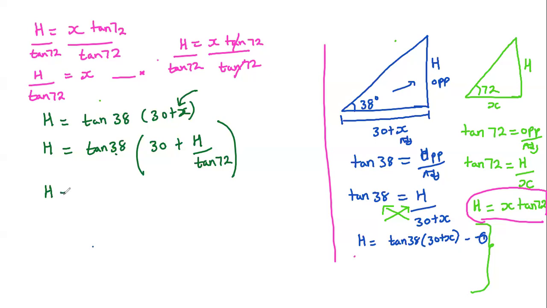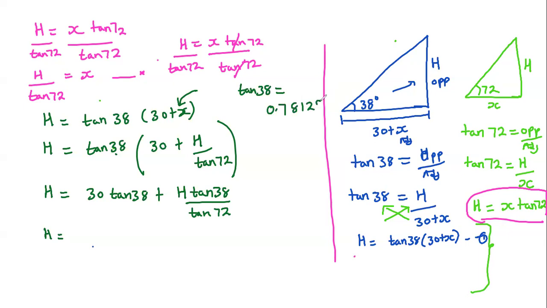So now I'll come and say h is equal to 30 tan 38 plus h tan 38 over tan of 72. Now, when you reach here, feel free to place your calculator. 30 times tan of 38. But we said that for trigonometric ratios, always write to 4 decimal places at least. But since we are still calculating, I advise you to write to 5 and above. So tan 38, when you place your calc, is